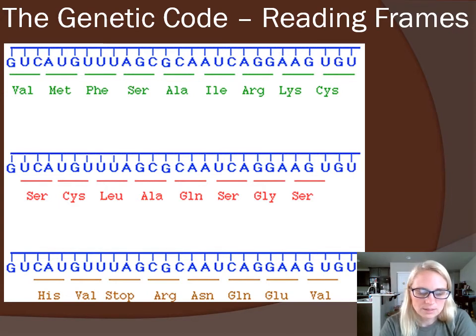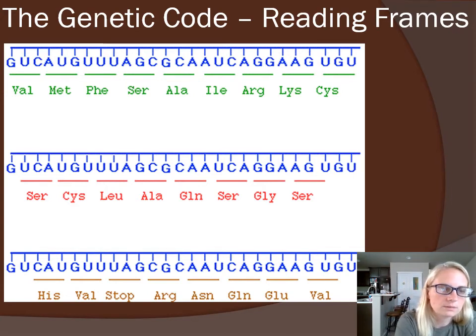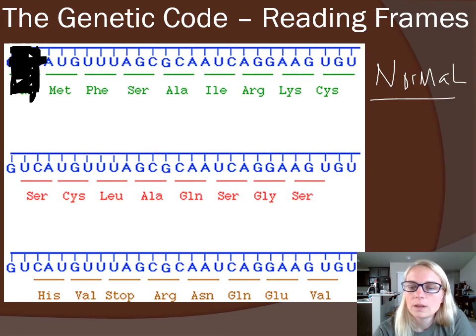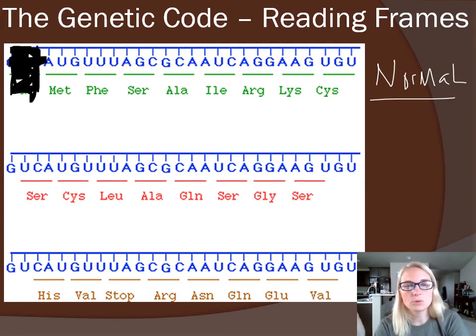Now I'm just going to erase, just ignore this right here. I just want it to start on methionine, so forget that that's even there. So we're going to start at AUG. So AUG is our start codon. So AUG, UUU, AGC, GCA, AUC, AGG, AAG, UGU. This is normal. That's going to give us the proper sequence of those amino acids in the green letters